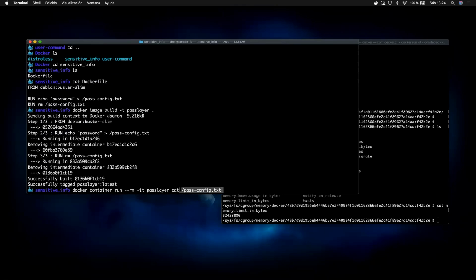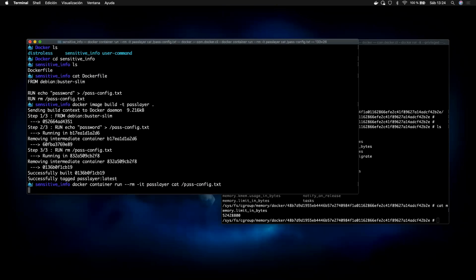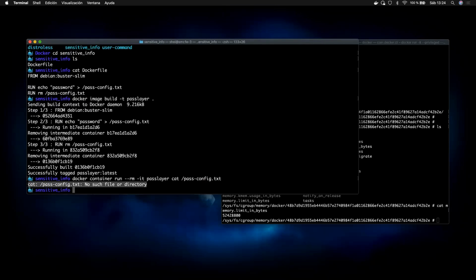So I am trying to get the contents of this file that I can see that is part of the Dockerfile. But if we execute this, the Docker container says that this file doesn't exist. And that's right, because after that, the file was removed. So let's see how we can recover